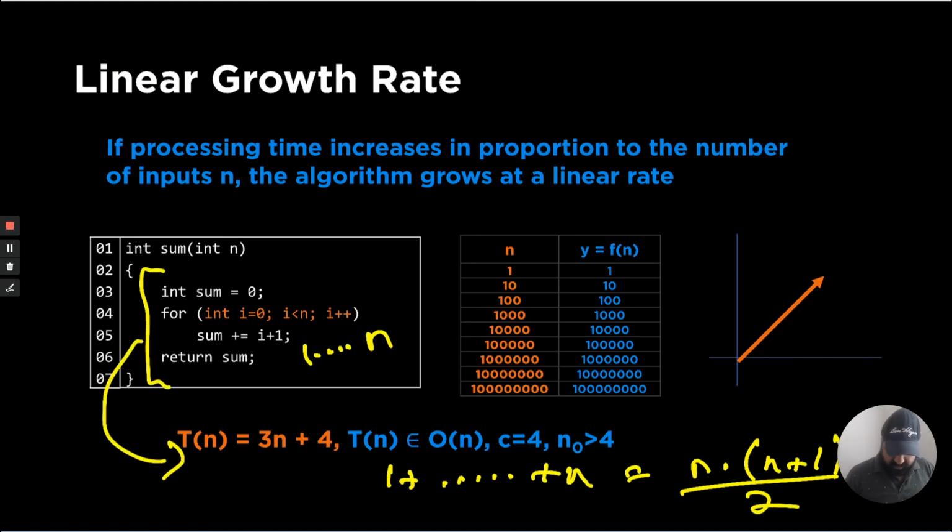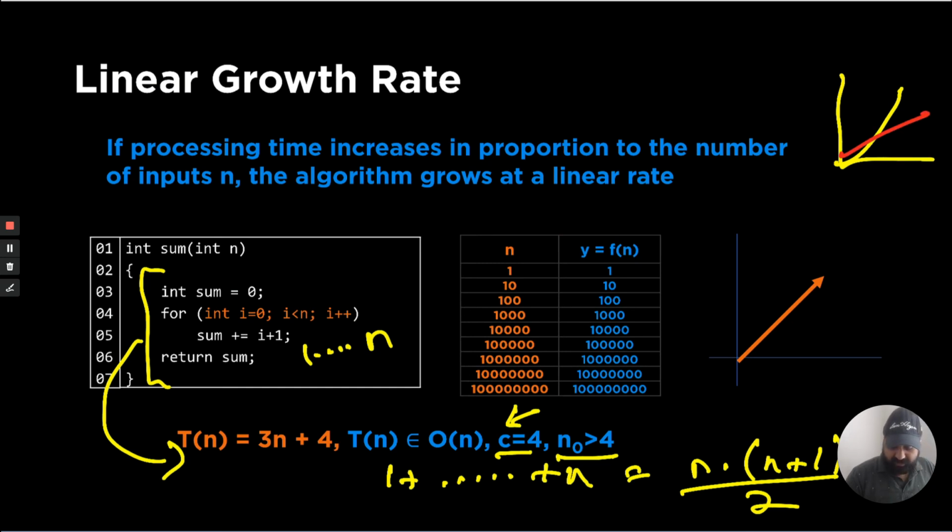So this is categorized as T(n), and T(n) is in the family of big O of n. And why we can do that is because if we take a constant, which is 4 in this case, it could be any constant, it's not just 4. Even if I take 5 or 6 or 7, I can easily find out for what n naught this curve will beat another. And how you typically do that is you have one of the curves, you have a straight line,